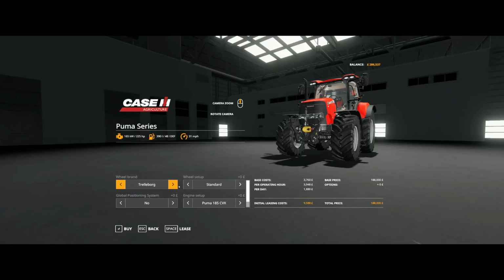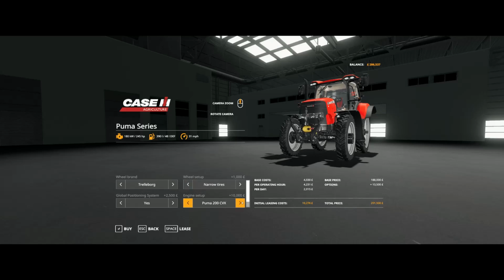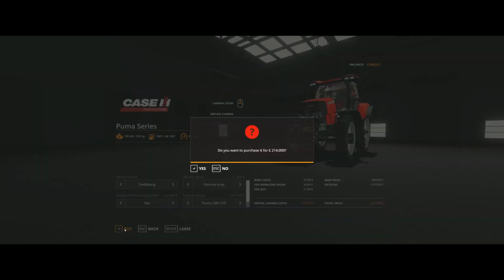And so here we're 225. We'll put the GPS on it. I don't know if I had the GPS on the other one. Narrow tires. Yeah, and so see, this one could get up to 270 horsepower, and I do want the extra horsepower at this point. It'll be a good chunk of our money, but at least we'll have the tractor set up the way we want it. We could also, well, really, the wheels don't cost that much, the engine. And the reason I want the extra engine, all right, so let's go ahead and buy that guy,